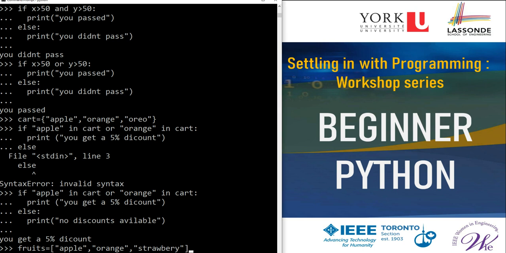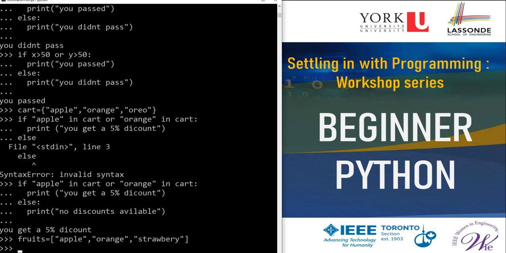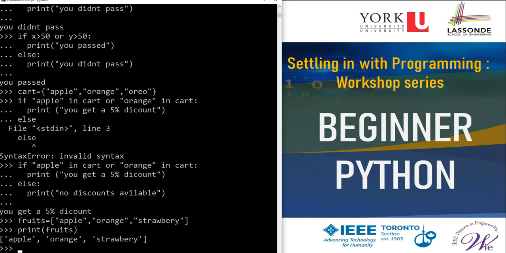Okay, so we can use the array presented in our previous video, which is fruits, and we placed in it a number of elements such as apple, orange, and strawberry. Now, we want to display the values of each one of these. To display the values, we can either display the entire array, like writing print fruits, so it will give you the entire array as it is stored, or you can display specific elements,